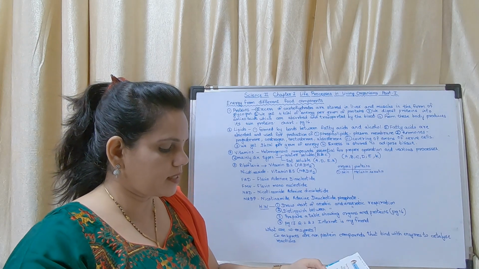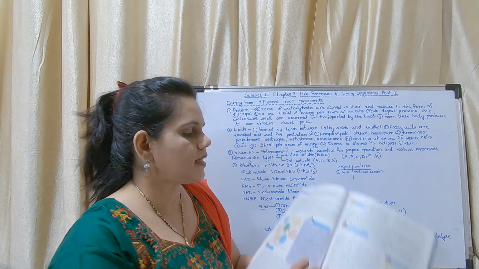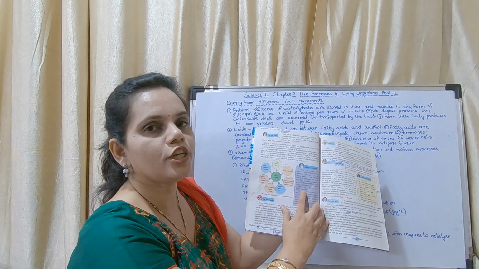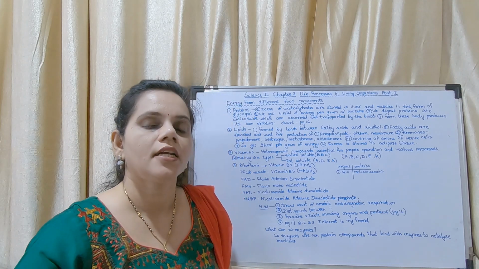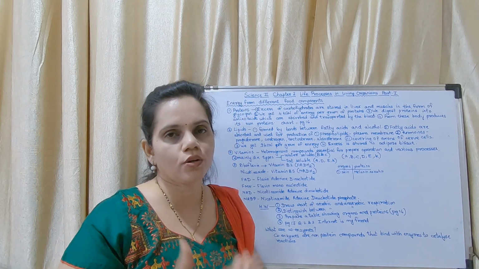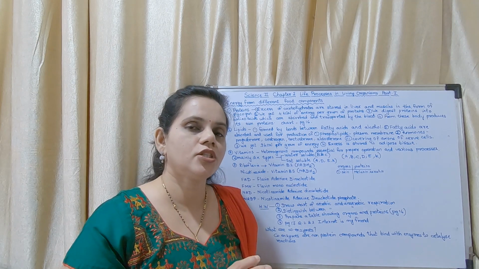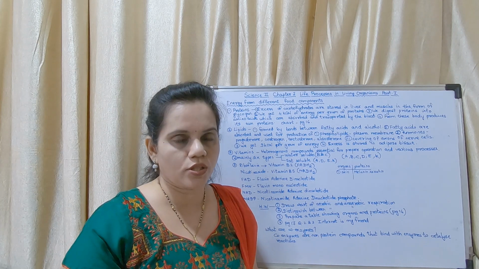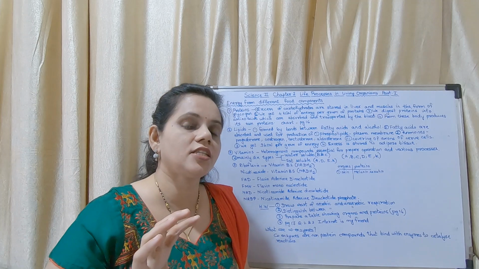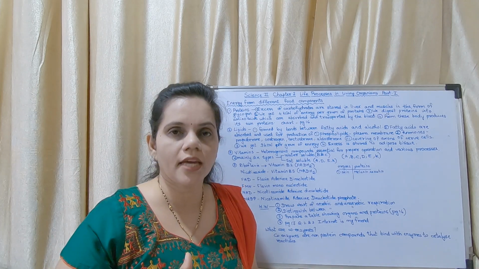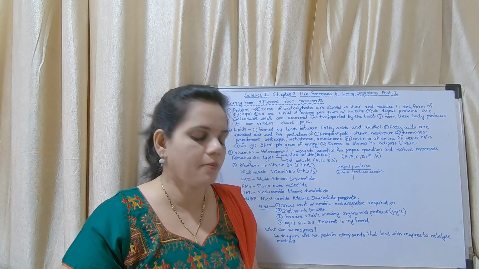Now on page number 16 there is a box. Always remember the box. There is a process known as gluconeogenesis. Now, what is gluconeogenesis? The conversion of proteins to glucose is called gluconeogenesis. I repeat, conversion of proteins to glucose is called gluconeogenesis. It is a series of reactions just like glycolysis. It is not in our syllabus, but it could be asked as a fill in the blank question.